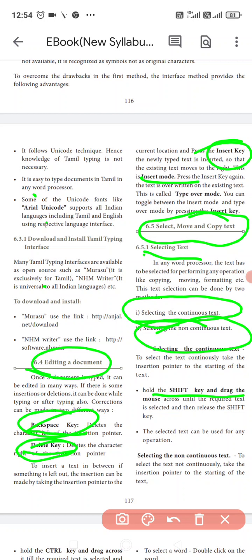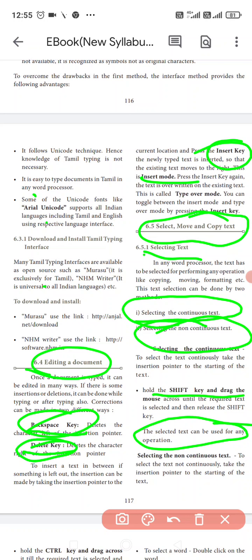Pressing up arrow selects line by line upward, and down arrow selects downward, one line at a time. Left arrow selects one character on the left, and right arrow selects one character at a time on the right. That is called continuous selection, and it is used for selecting text in operations.